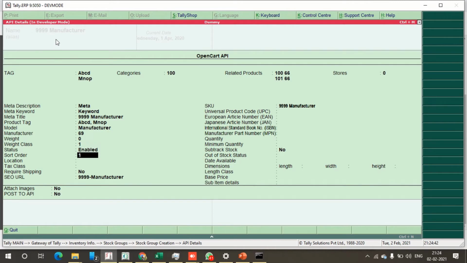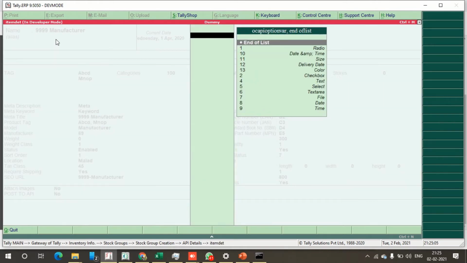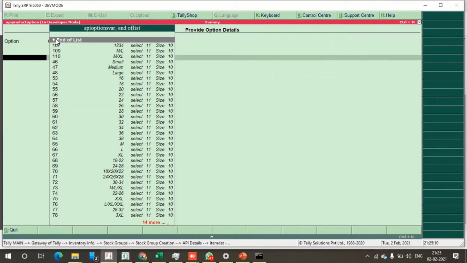Like tags, this can be helpful for users to search products through search engines like Google, categories, relevant products, to show similar or relevant products to the one customer is currently checking out. The store ID could be multiple stores on which the product needs to be shown. Meta description, meta keyword, meta title, model, manufacturer, the one we created earlier, shows up here for selection, size, dimensions,